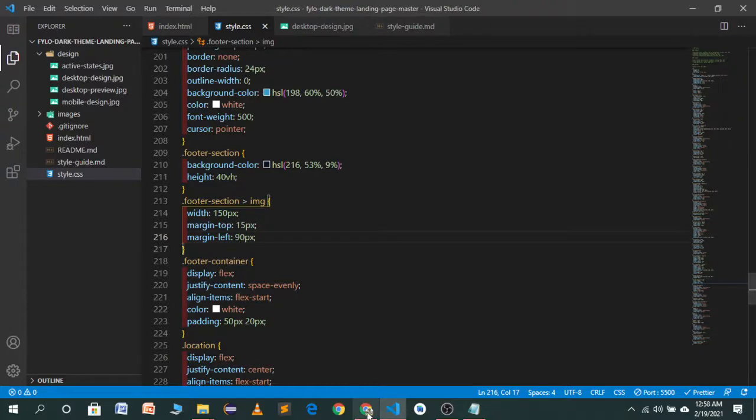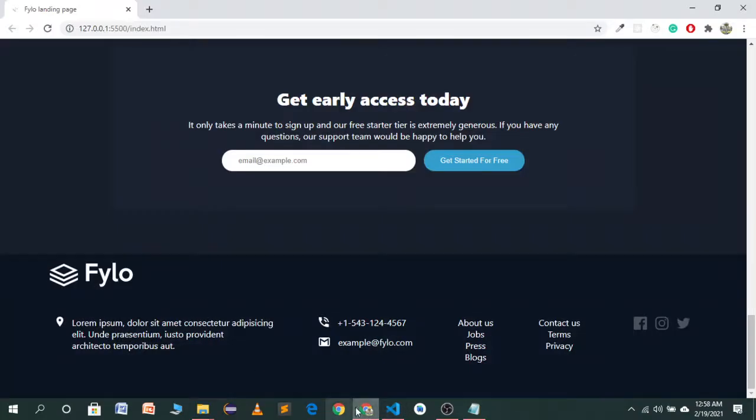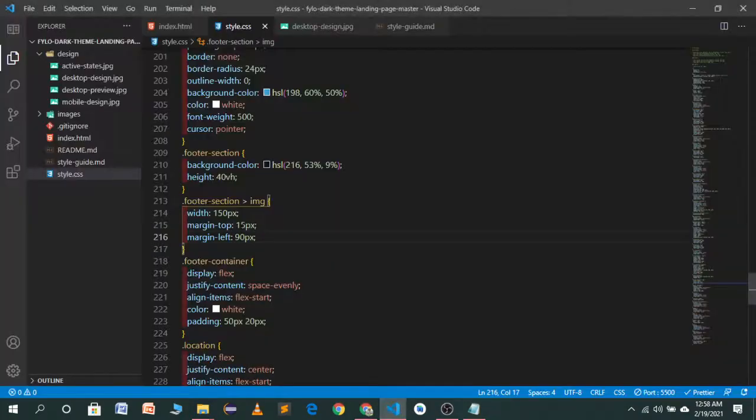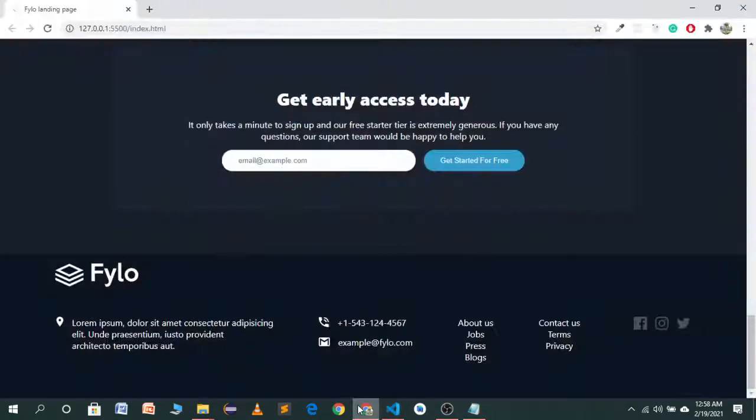As you see, you can try which will work best. Let's try 110. So I think 100 pixel will be good. As you will see, the 100 pixel is looking good. So the project is completed.